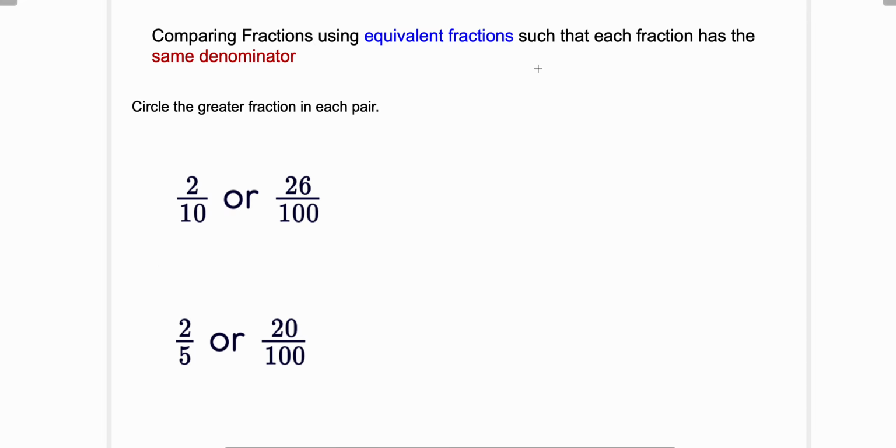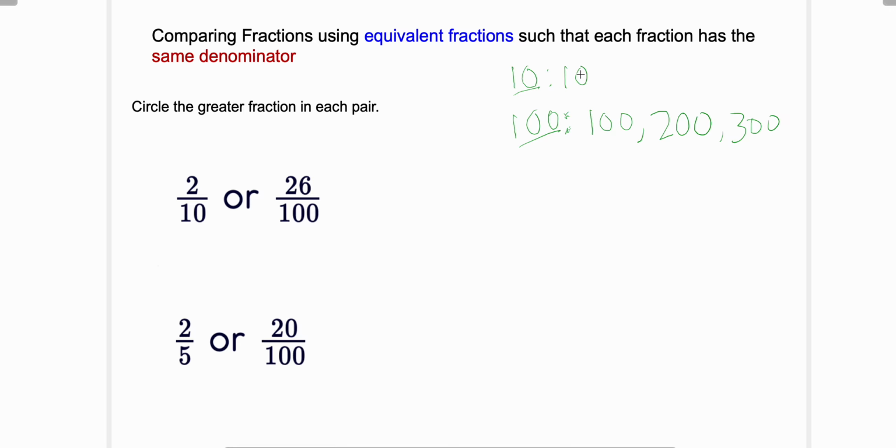So if you list the multiples of 10, and let's list the multiples of 100, you can already see that the first multiple of 100 is going to be 100, right? It's going to be 100, and then when you skip count by 100, it's going to be 200, and when you skip count, that's 300, right? And then when you do the multiples of 10, it's going to be